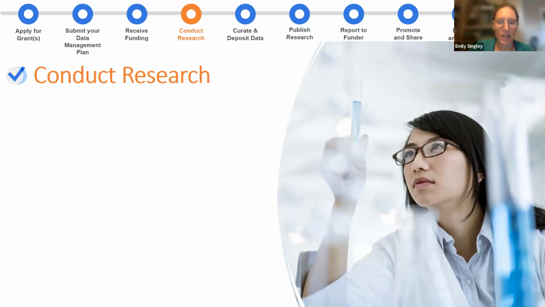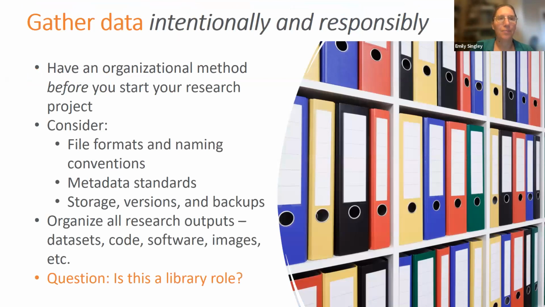All right, so conducting research, the first step is to have a method in place on how you're going to intentionally and responsibly organize your data as you're gathering it in your research project. Now, if you've already written your data management plan, you've probably already thought through this, so you should be good to go. But things like your file formats, your naming conventions, how you're going to store it, and versioning, and how often you're going to back it up, and all of that for all of your research outputs needs